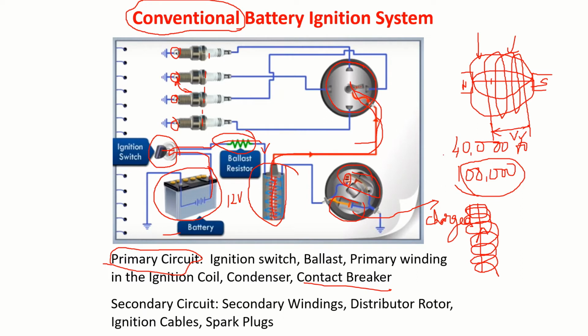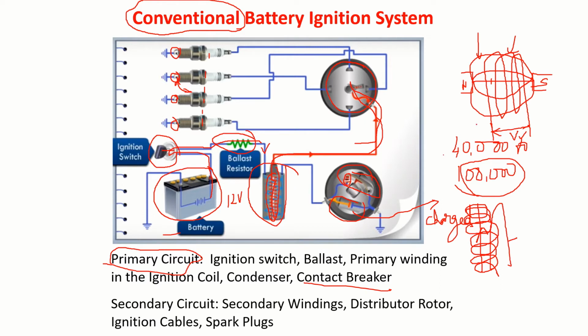Now, as I told you, the primary coil produces a magnetic field, and this magnetic field will be cut by the secondary coil. One thing is, the number of turns on the secondary coil will be many more times than the primary coil, to facilitate high voltage induction. So this magnetic flux will be cut by this coil and a high voltage will be induced. If the number of turns of the secondary coil is more, then the voltage induced will also be more.